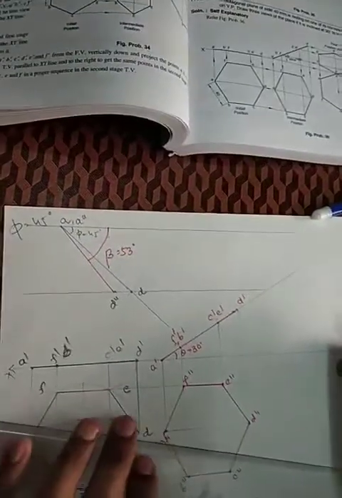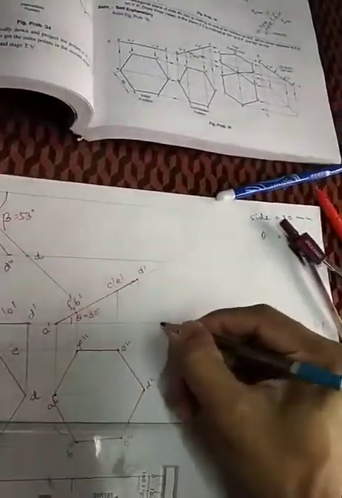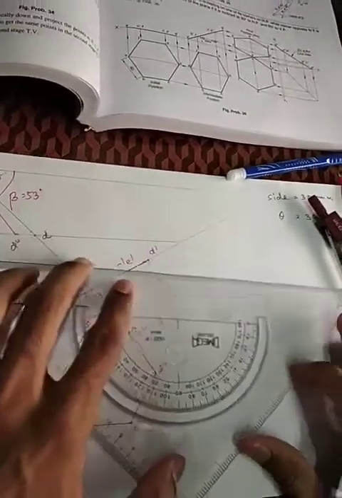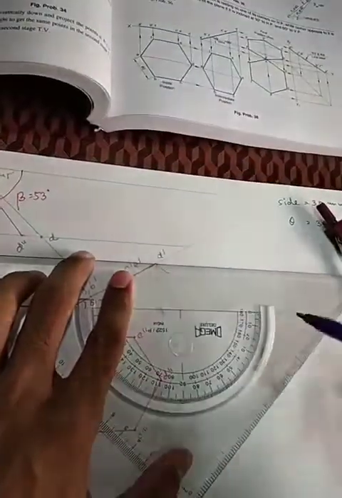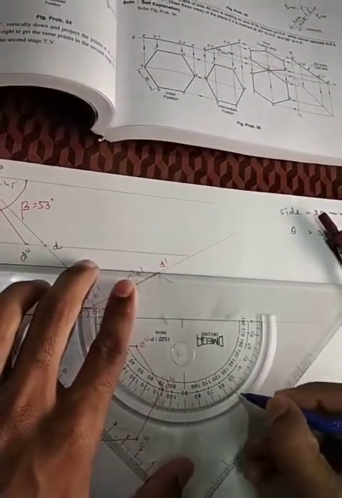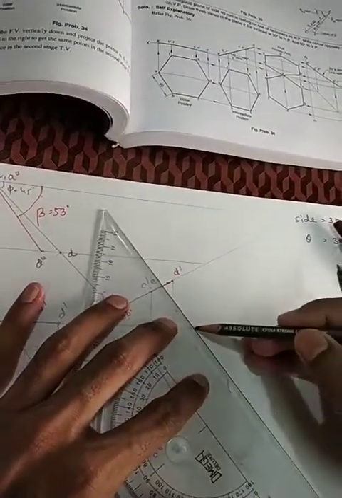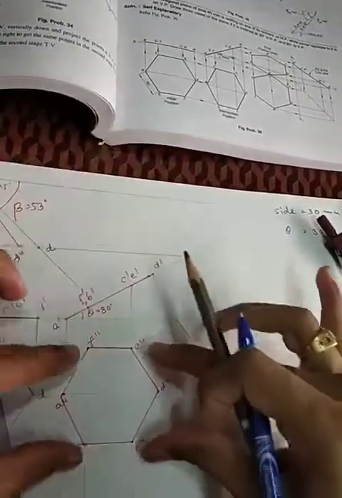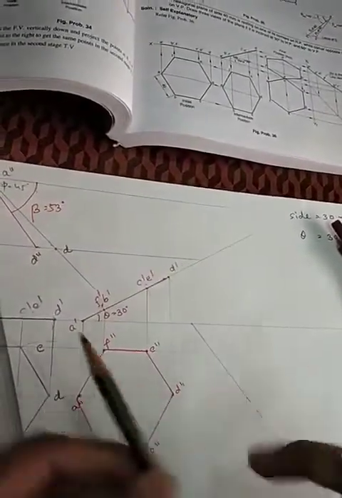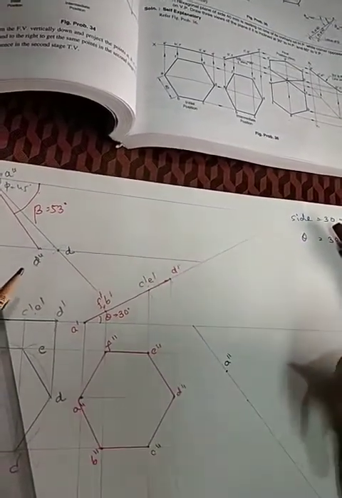Right, so I have to draw now the diagonal at 53 degrees. So take any point on this line. Now you have to place an angle of 53 degrees. So I can draw the angle of 53 degrees here, right? Joining the lines, 53 degrees. So I'm moving this at 53 degrees like this. So you have to take any point. Say for example, I am taking this point as my A double dash point, right?